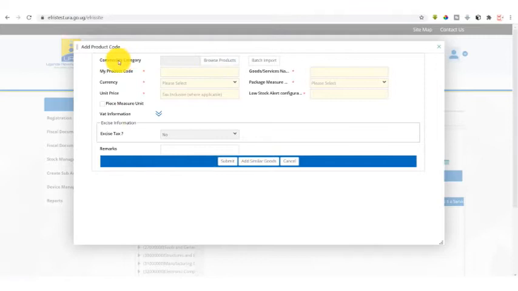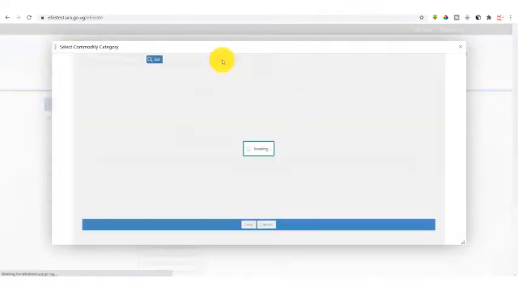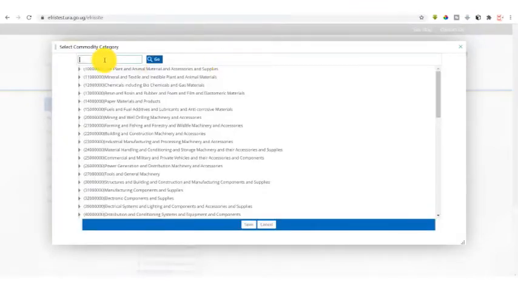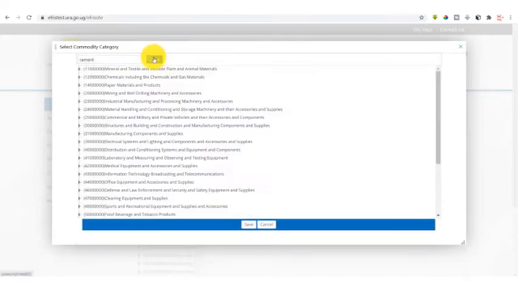So we go under commodity category, we browse products, we type in the search area cement and search. We look through the returned segments to identify which segment has cement. Mineral and textile, inedible plant and animal materials: it's unlikely we have cement there.